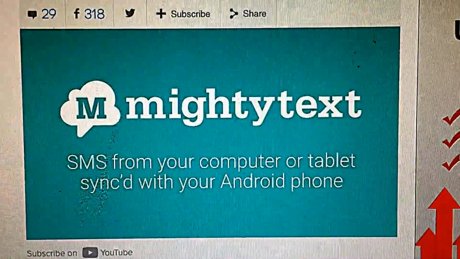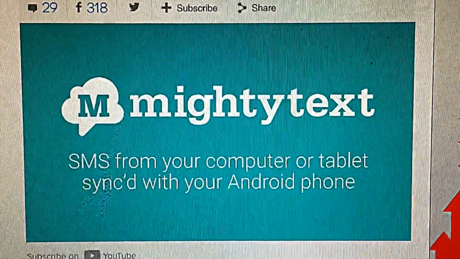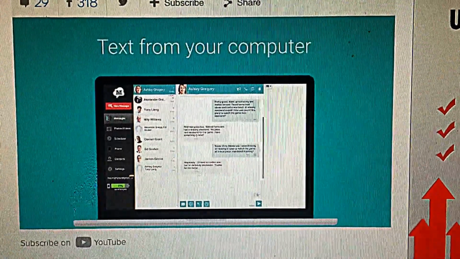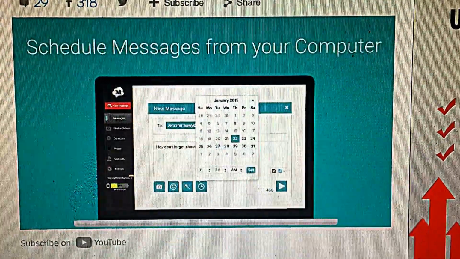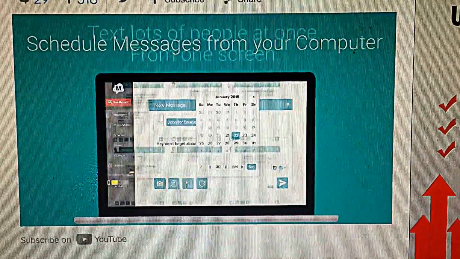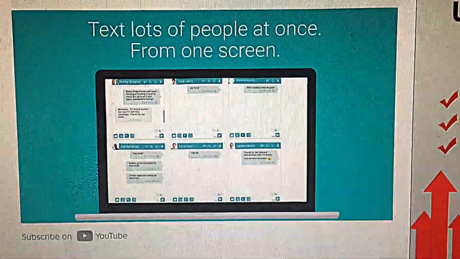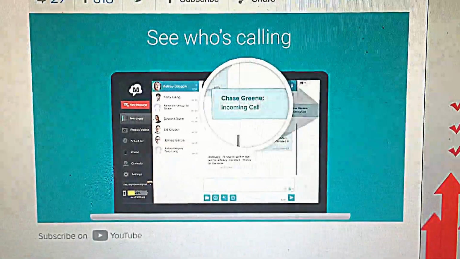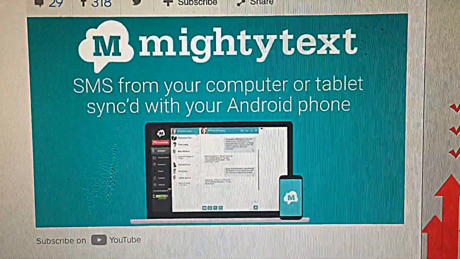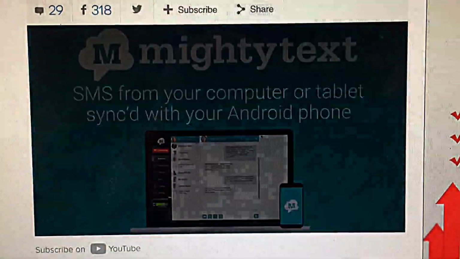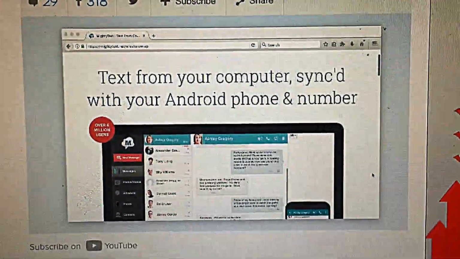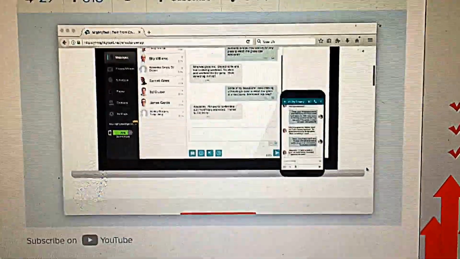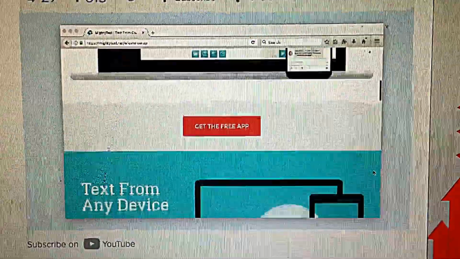Now, another method that works just for Android phone users is MightyText. It allows for text messaging on desktop machines through the MightyText app. To use it, first download the app from the Google Play Store and allow your phone to link with your Google account. Afterward, download and install the accompanying extension for your browser of choice, or just head to MightyText's website to get started. The sleek web interface will showcase a navigation pane on the left-hand side and your current conversation on the right. Remember, standard texting rates still apply.